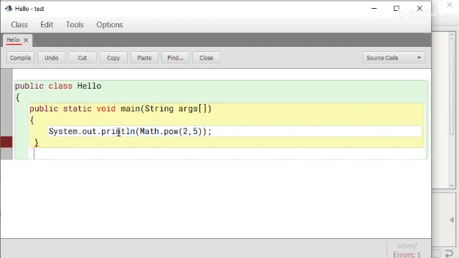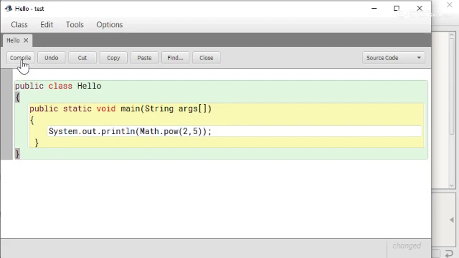After that, close the curly bracket of class. This is a simple program in which we have used the Math.pow function to find 2 to the power 5, and we can use it like this.